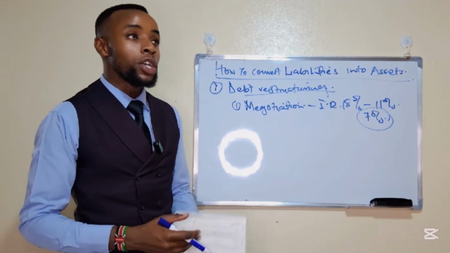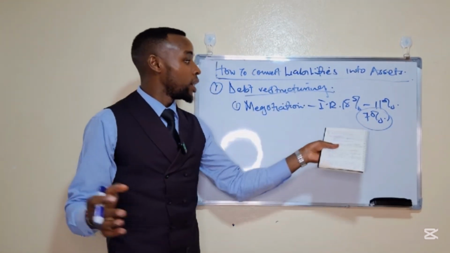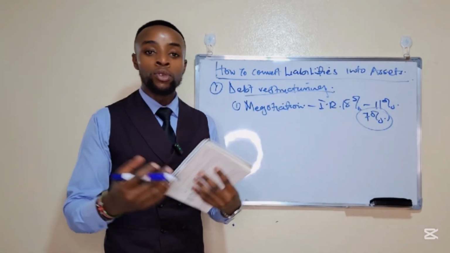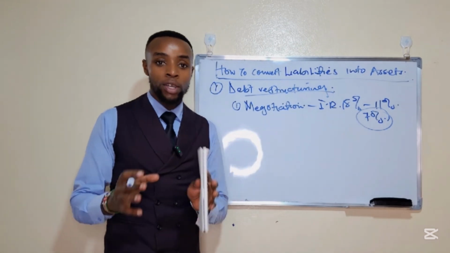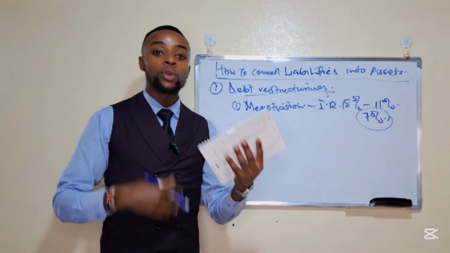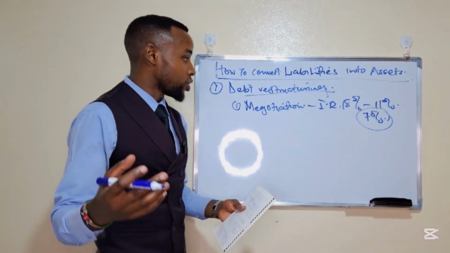Someone is saying, oh, there are some institutions that are not going to listen to you. They cannot renegotiate the interest rates. No, it's possible. There are some scenarios whereby you can borrow money from financial institutions, and if you are an investor, you can renegotiate the interest rates depending on how you're supposed to borrow.